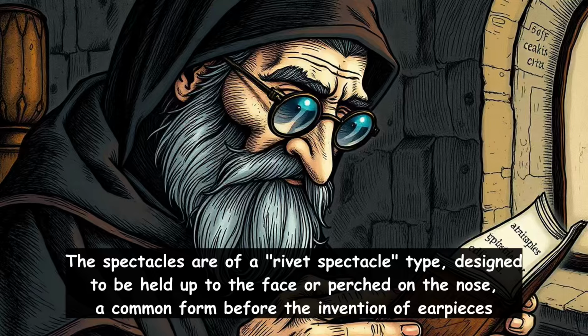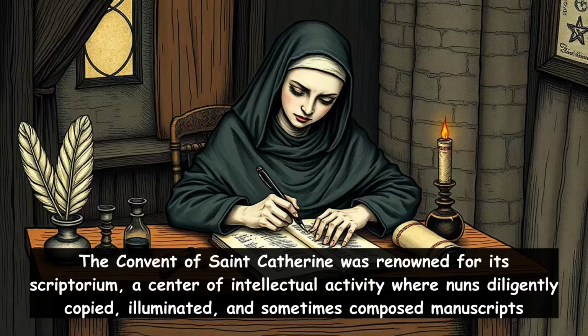The spectacles are of a rivet spectacle type, designed to be held up to the face or perched on the nose, a common form before the invention of earpieces. Convent of St. Catherine was renowned for its scriptorium, a center of intellectual activity where nuns diligently copied, illuminated, and